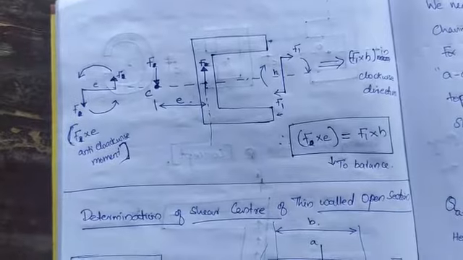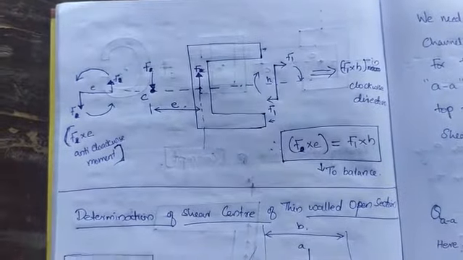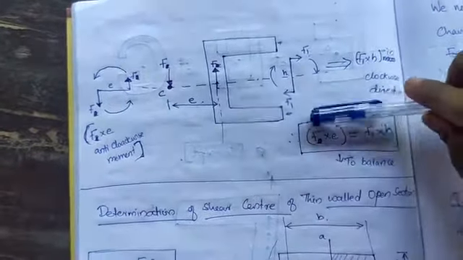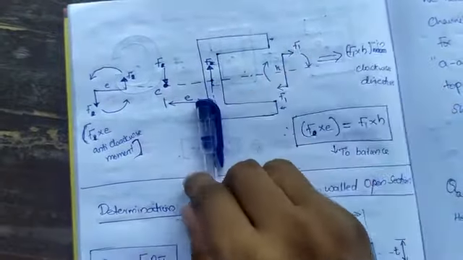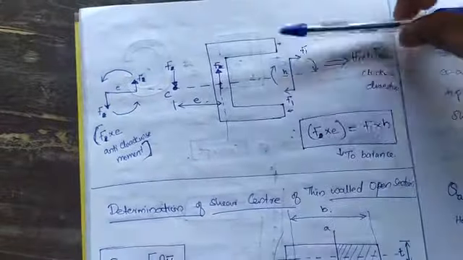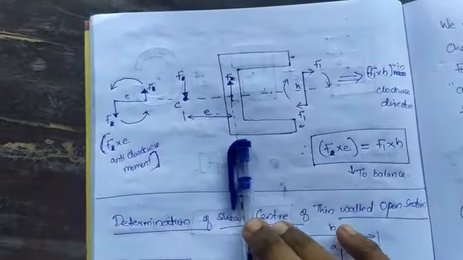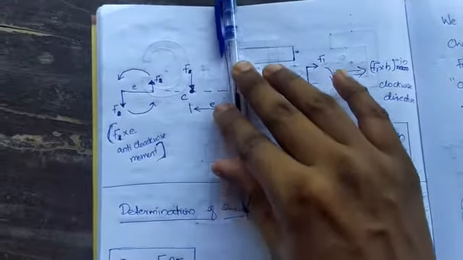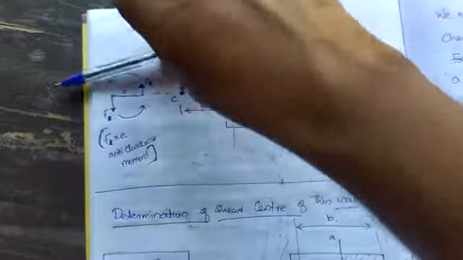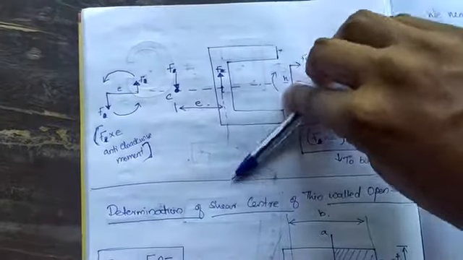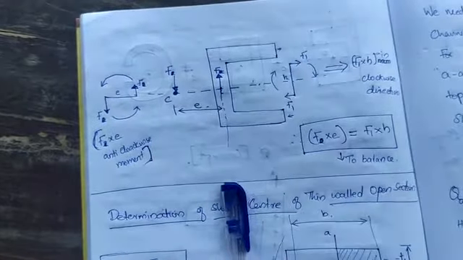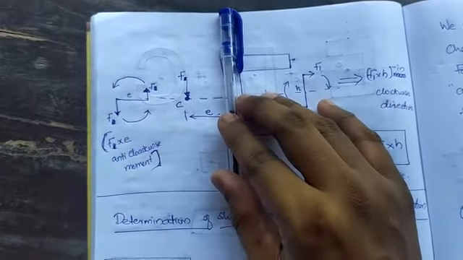Is that clear? Once again, you have a channel C section in which you have a shear force F1 going like this, and this F1 is equal and opposite, so it cancels, and the net effective shear force F will be acting along this direction. Also, due to this F1 and this F1, there will be a moment acting clockwise. Now this is its effective shear force.